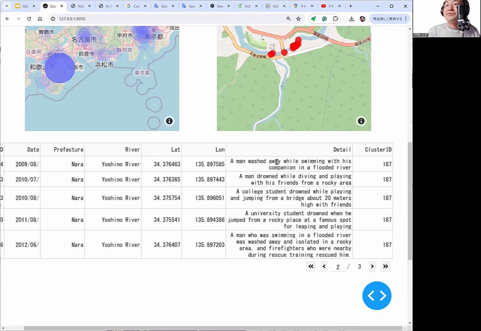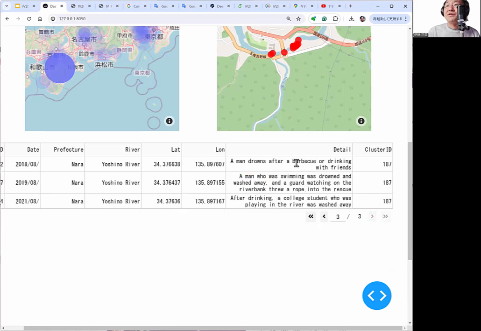Many. So diving from rocky area, jumping from a bridge, jumped from rocky place. Barbecue, after barbecue, drinking, after drinking.